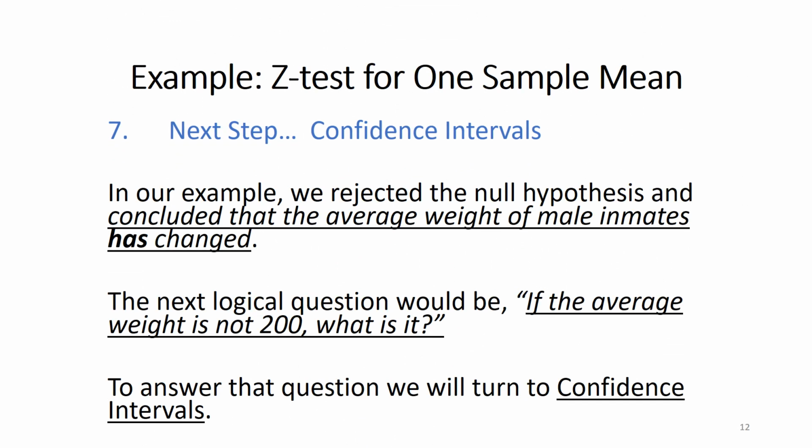All right, so in our example, we rejected the null hypothesis and concluded that the average weight of male inmates has changed. So our next logical question is, well, if the average weight is not 200, then what is it? Right? We made the decision that we rejected H0 equals 200. So we rejected that, and we concluded H0 does not equal 200. So we're saying it's not 200. So the logical question is, well, what is it? And to answer that